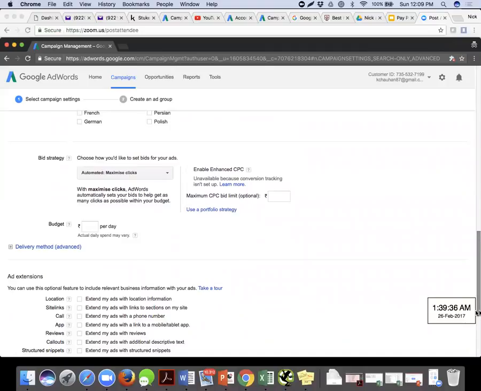Over here, we're seeing a new thing, which is bid strategy. Now, when I made you understand about bid, you must have understood that the bid has to be put in manually by us, right? I go to Google AdWords, I change the bid today, I'm putting a cost of 20 rupees, I can change it to 25, 30, or 40. I can increase or decrease at any given point of time. That's what I've told you.